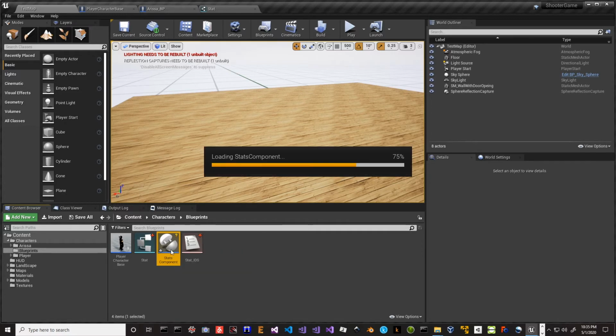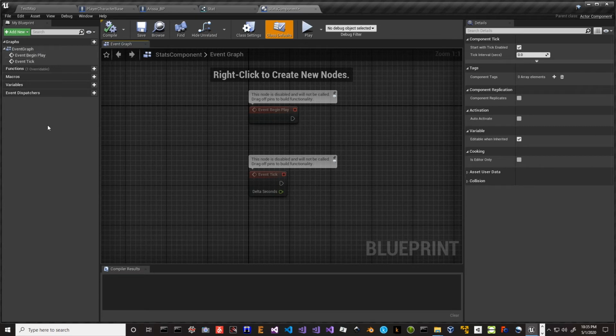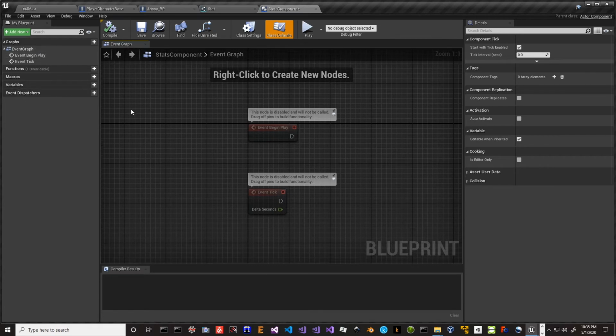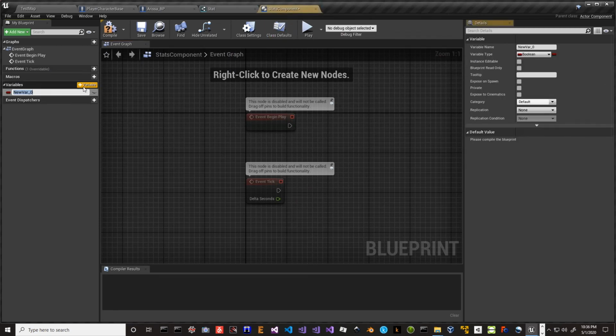All right, let's open this up now, and you notice there's no place to put additional stuff in here. This is a component that goes into a blueprint, so this blueprint is what it is there. All right, the first thing that we need in here is some variables, and the most obvious thing that we need is our